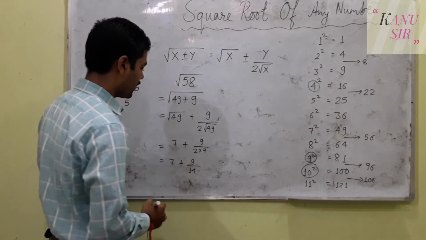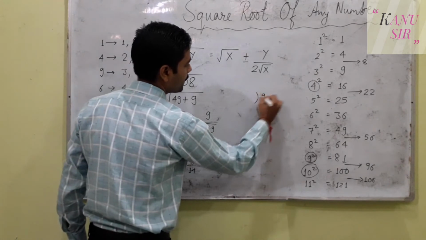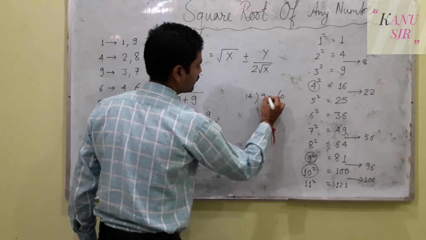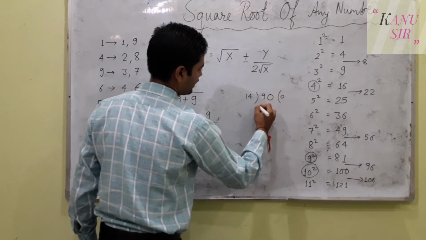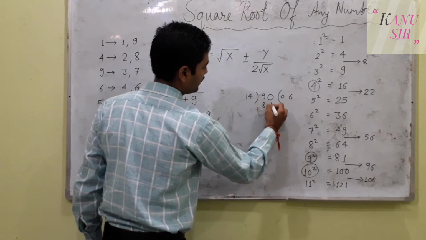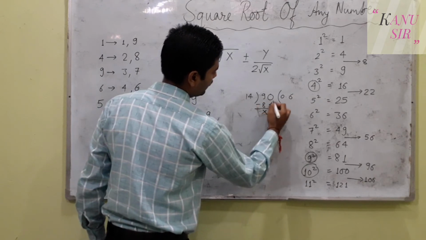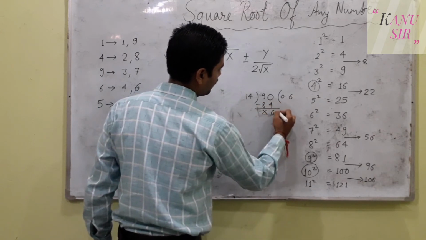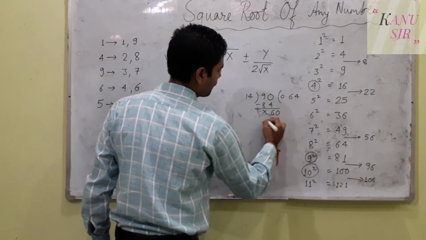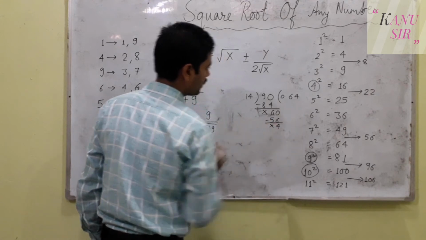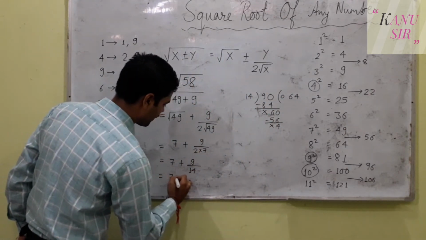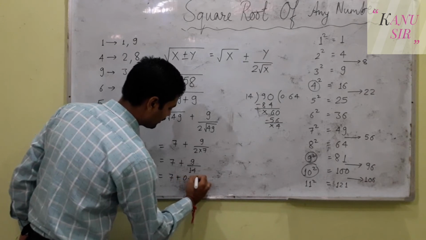So we divide 9 by 14: 9.0, you get 90, and now 14 times 6 is 84, cancel, 0 and 0. 14 4s are 56 and 4. In round up we can write 0.64, so the answer is 7 plus 0.64, and hence